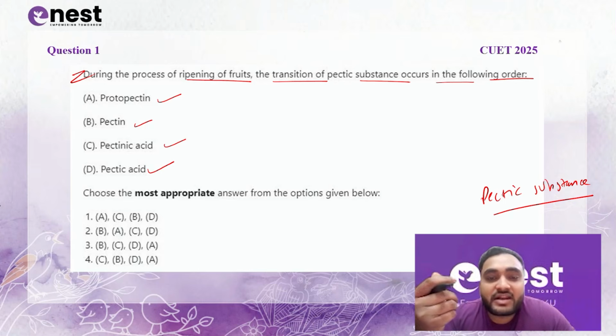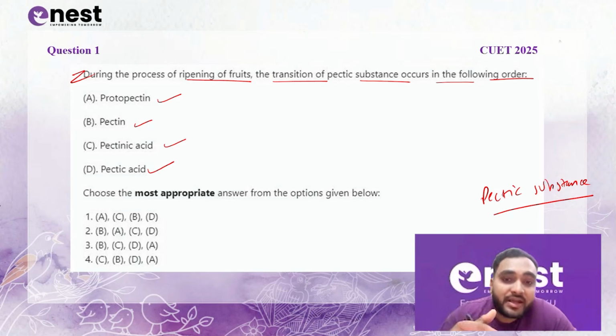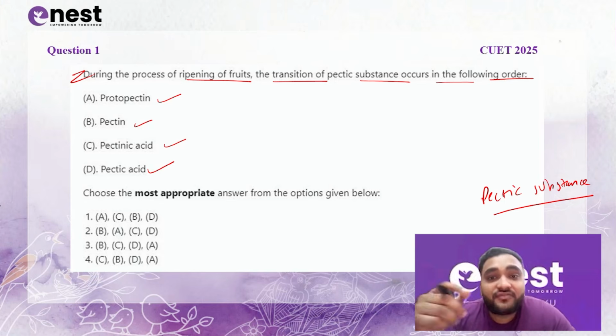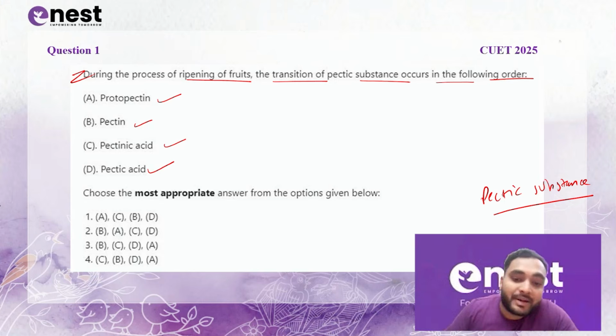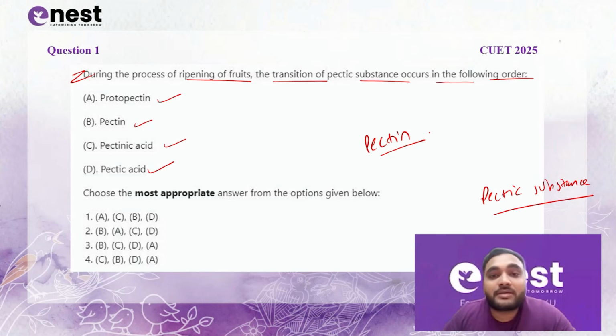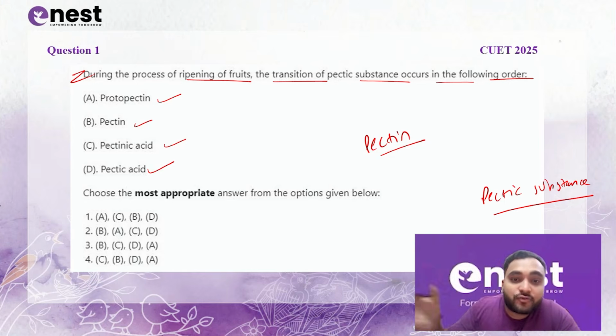So whenever we have an unripe banana, and if we compare it to the ripe one, the unripe one is very firm, and it is because of the protopectin. The next which we come to is pectin. It is formed by the protopectinase action and it becomes soluble and the fruit softens. So during the ripening stages, when the fruit softens, pectin is being formed.